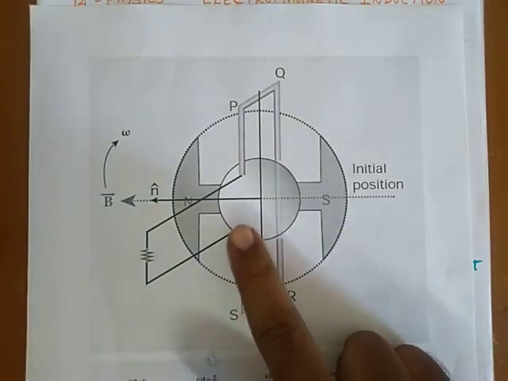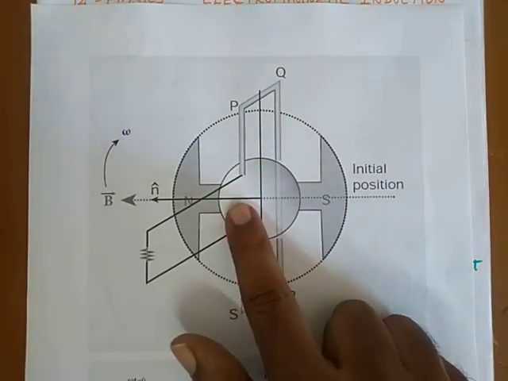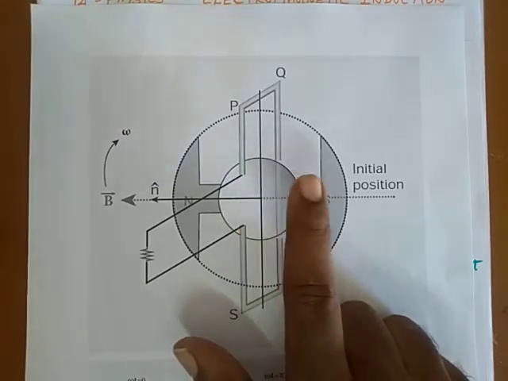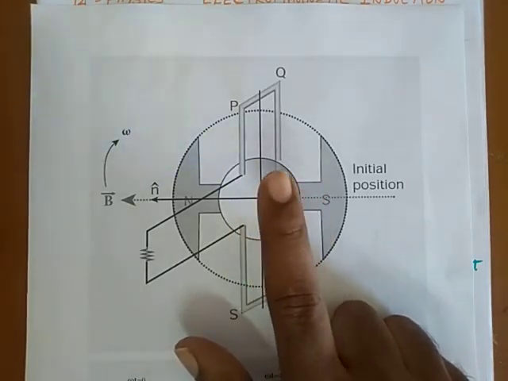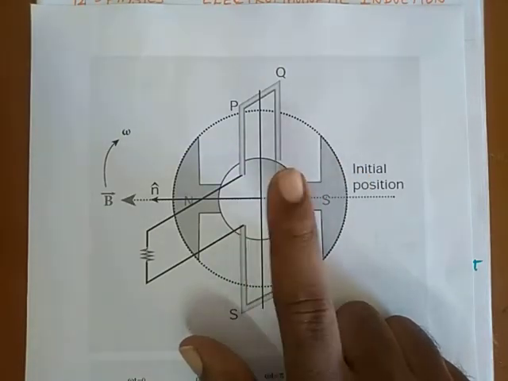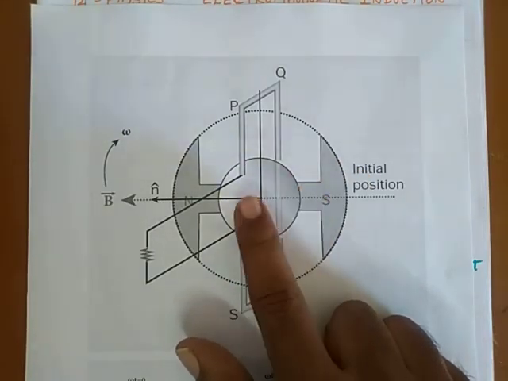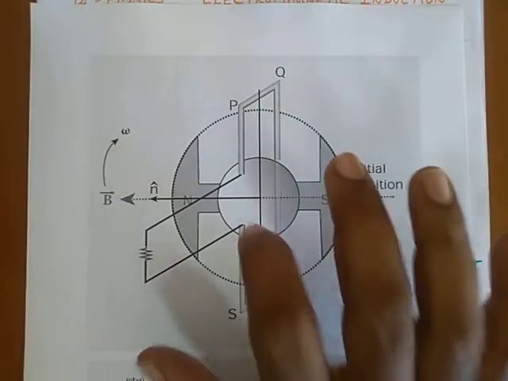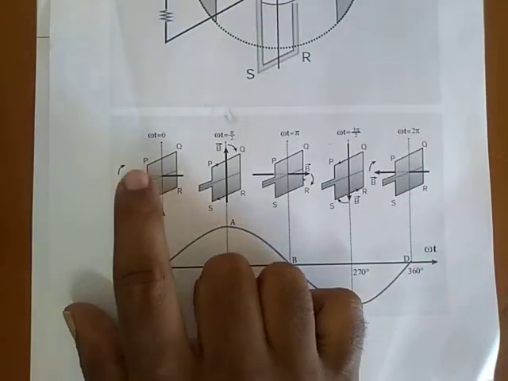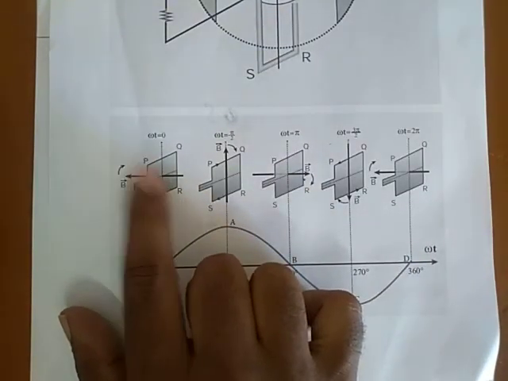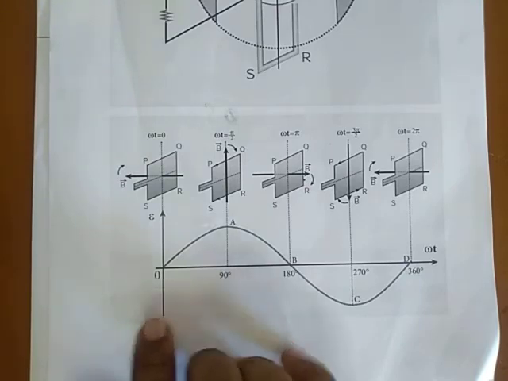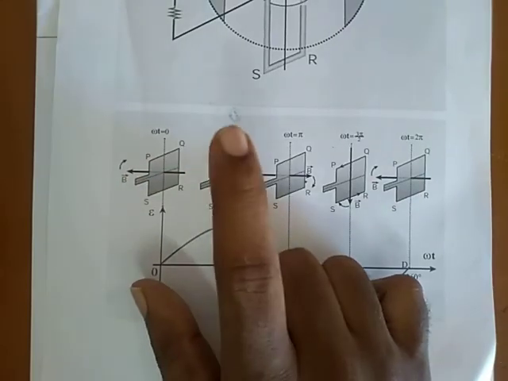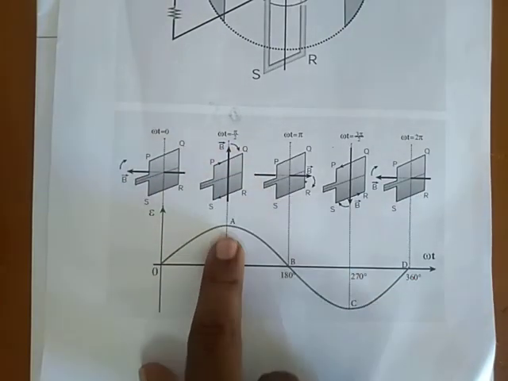Then there is a rotor. That rotor is a magnetic rotor that is excited by some DC source. Then it is rotated by some other means. By rotating this, it will produce an induced EMF. At the initial case the magnetic field is perpendicular to the plane, and at that case EMF will be 0. Then the magnetic field rotates through 90 degrees from its initial position. At that case the magnetic field is parallel to the plane, and the EMF will be maximum.